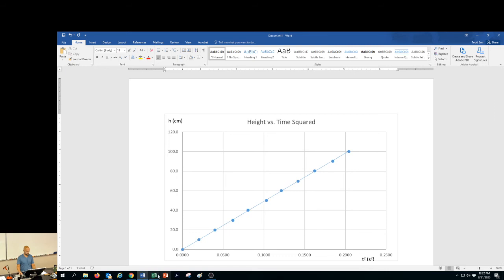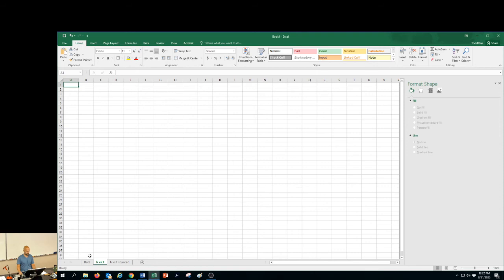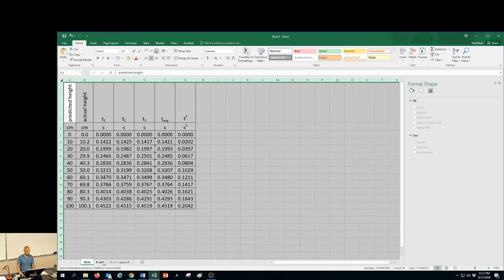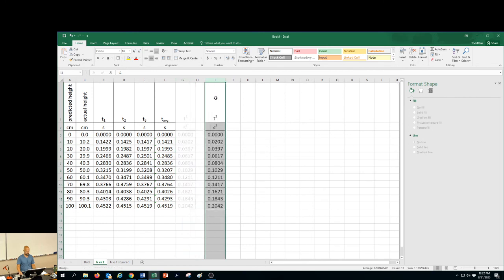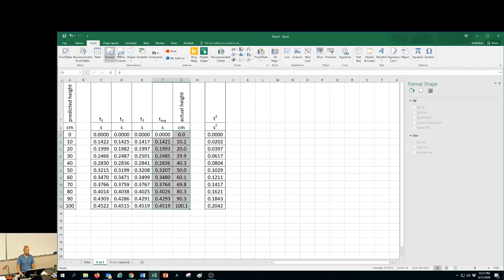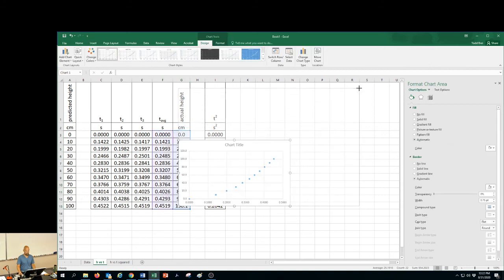All right, let's go back into Excel and see if we can go through this one more time really quickly. So now I want to make the graph of height versus time. So what do I do? Go back to the data, make sure I've highlighted the whole sheet, Control-C copies, go to the new sheet we want to fill out, Control-V will paste it, and this time I want it to be height versus time, so I'm going to take this column, highlight it, grab its edge and drag it out of the way, take the column for actual height, grab its edge, and put it right next to the column for time. If I highlight the columns for time and actual height and go to insert, I can now insert my scatter chart, expand it,